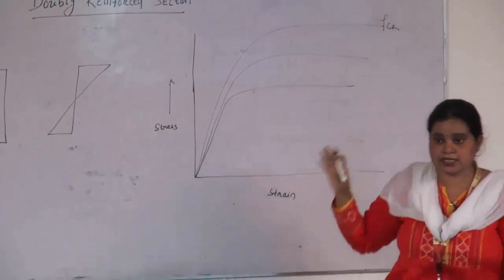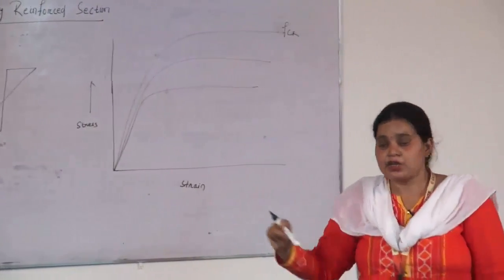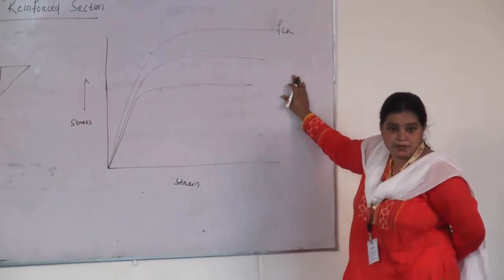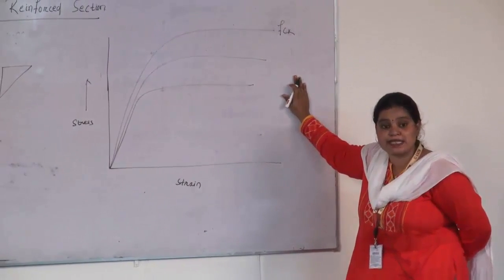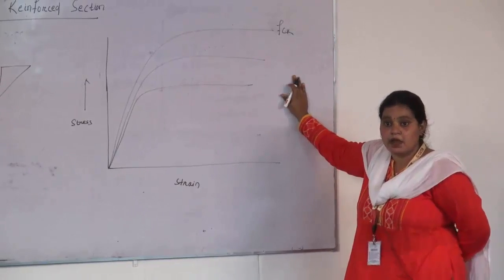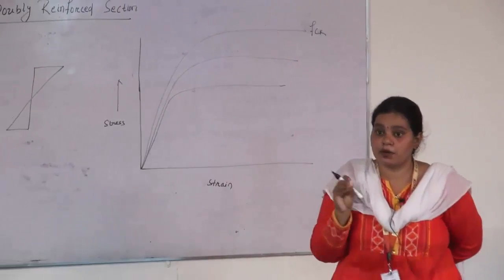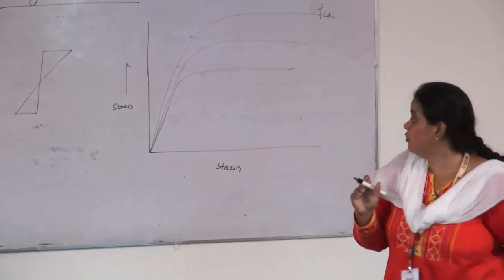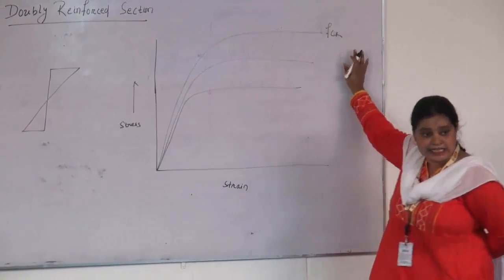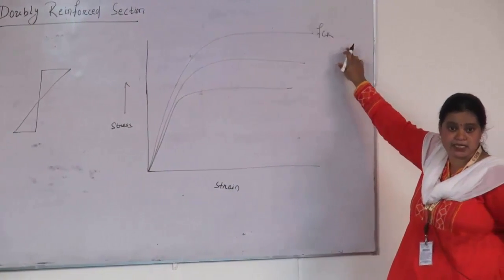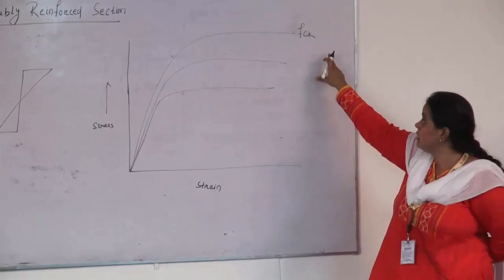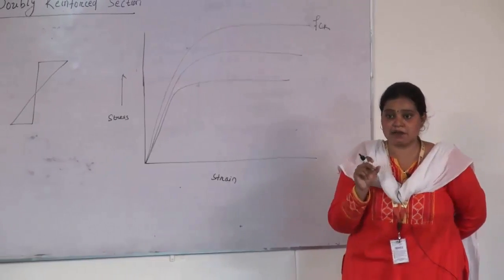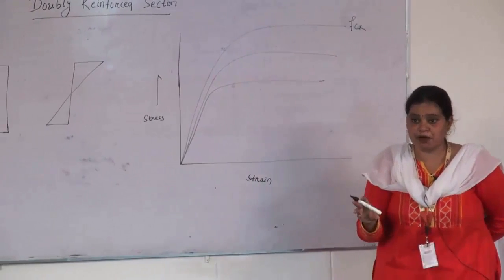Suppose I am going to take M20 grade concrete. So here is FCK. So what is the lower value? How can you find out that 0.67 FCK? Whenever you are going to design a stress strain curve for any material, first you mention the top highest value, that is suppose FCK. I am taking FCK. Now I am going to divide by 1.5. Why 1.5? The partial safety factor for the concrete is 1.5.